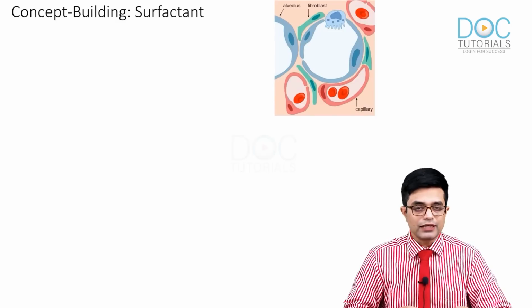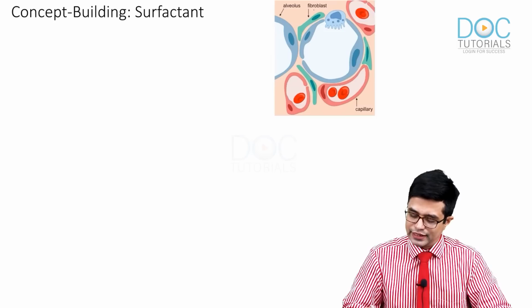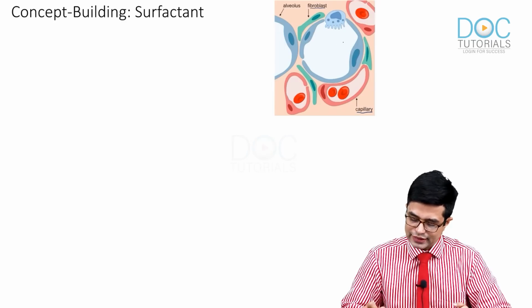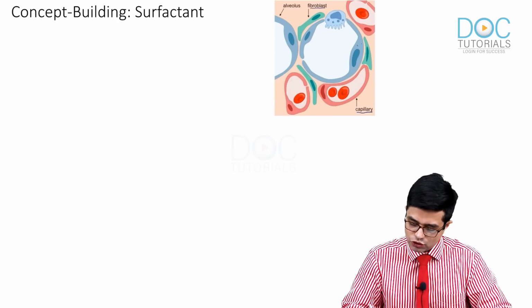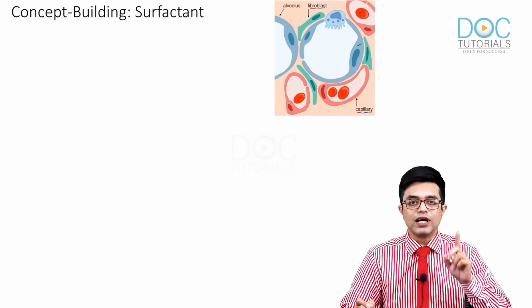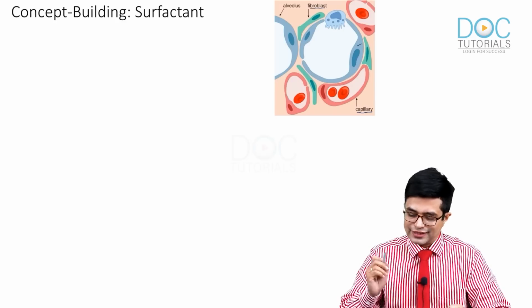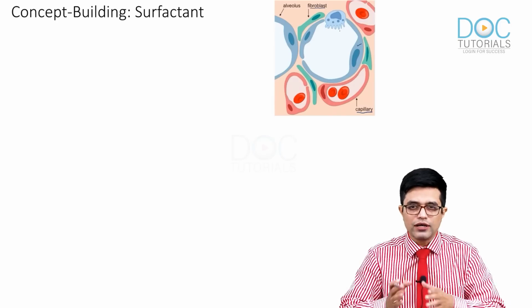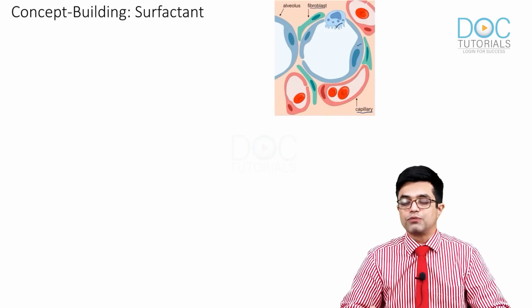If I have to show you in diagrammatic form, this is how an alveolus looks like. So, as you can see, in the interstitium you have fibroblast cells, this is the capillary and this whole structure is the alveolus. Right? You can find two types of cells. One are the majority of cells which are squamous shaped. They are called type 1 alveolar epithelial cells. They are involved in gas exchange. The second are these stocky cells which have interdigitating processes or cellular projections. They are called type 2 pneumocytes and they are the cells which produce surfactant.